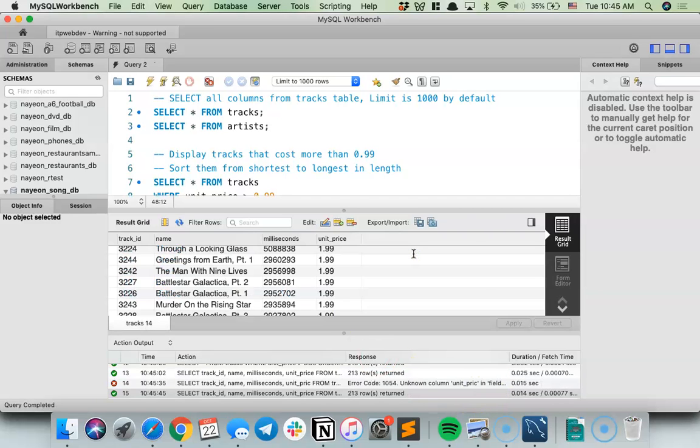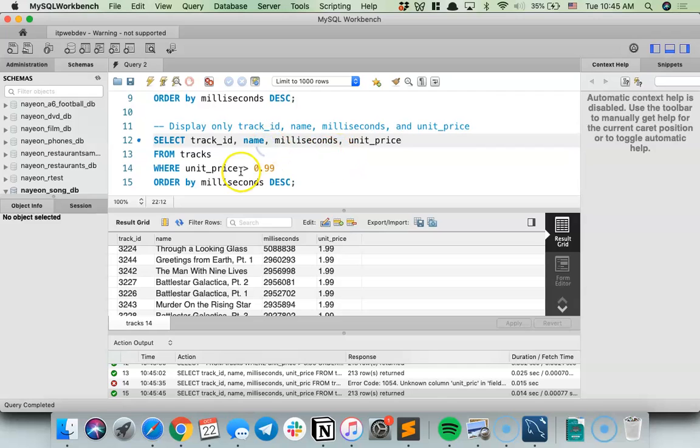Yes? Why is the name highlighted? Oh, I'm not sure. It's not a foreign key. It could be a keyword.